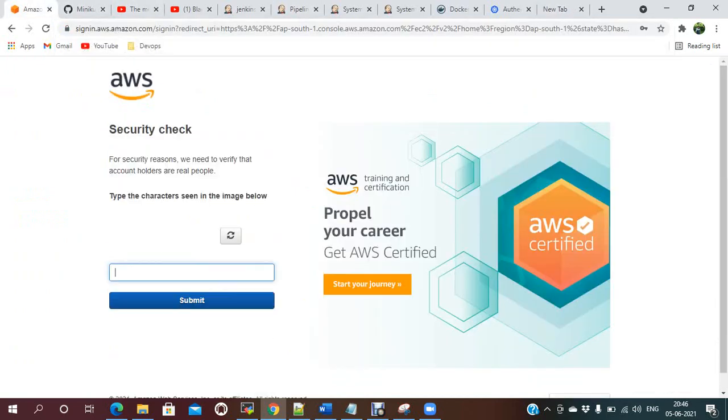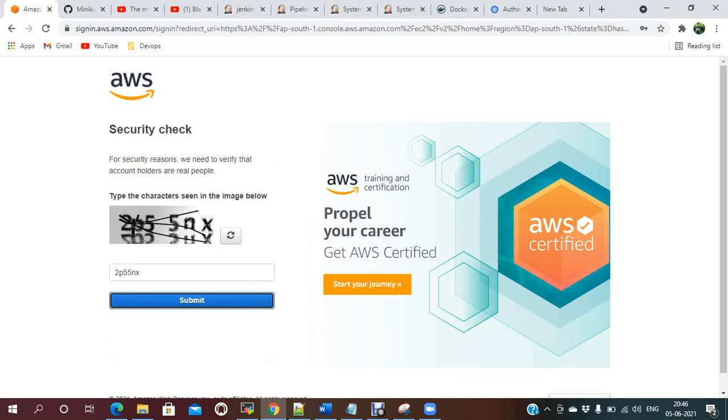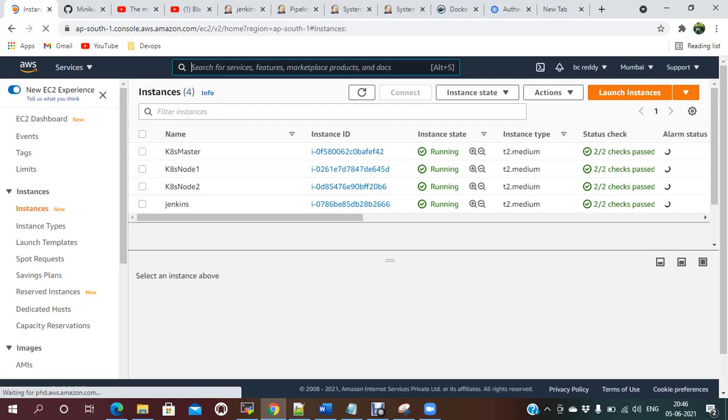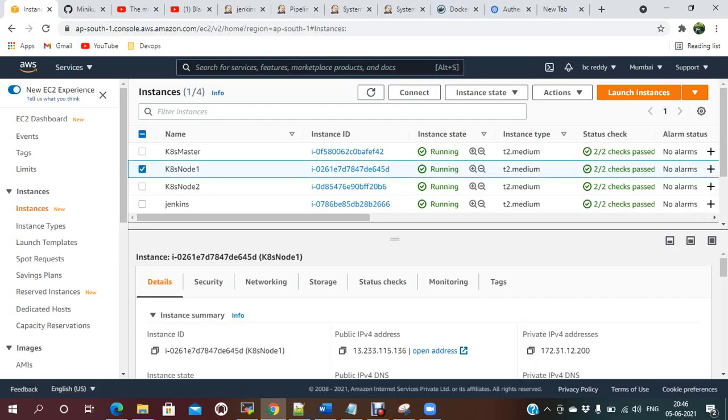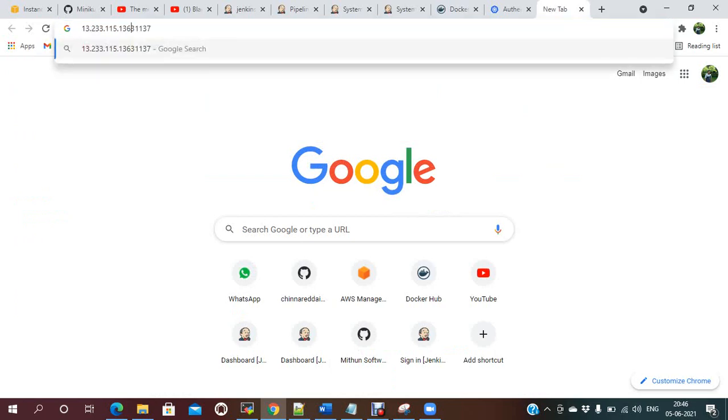Let me log in. If you take the node 1 IP and copy it, you are able to get the response.